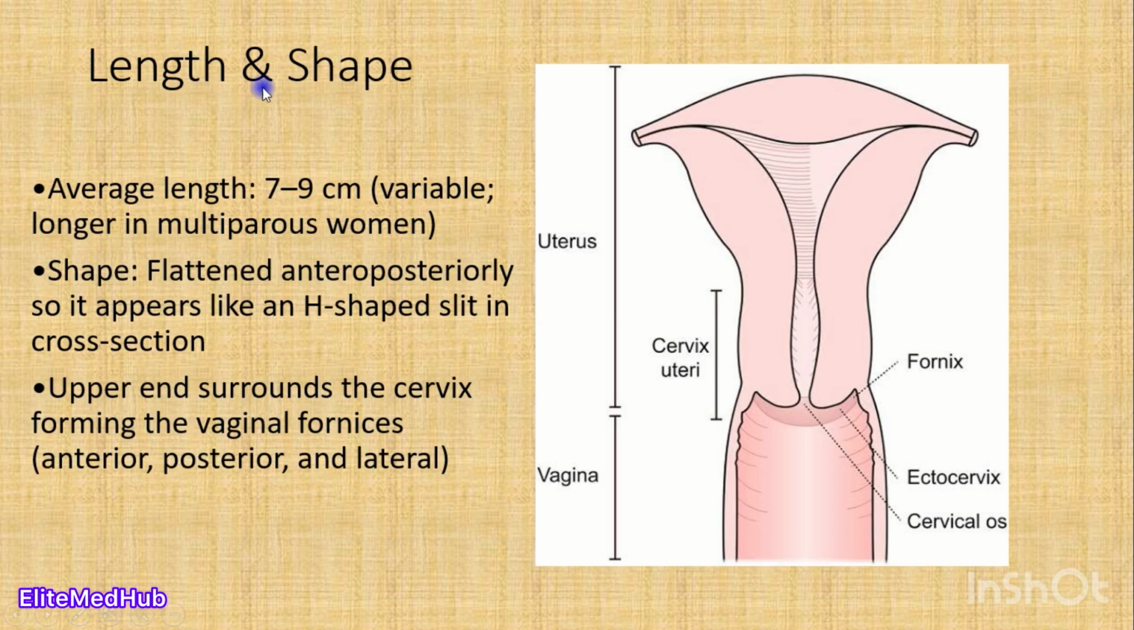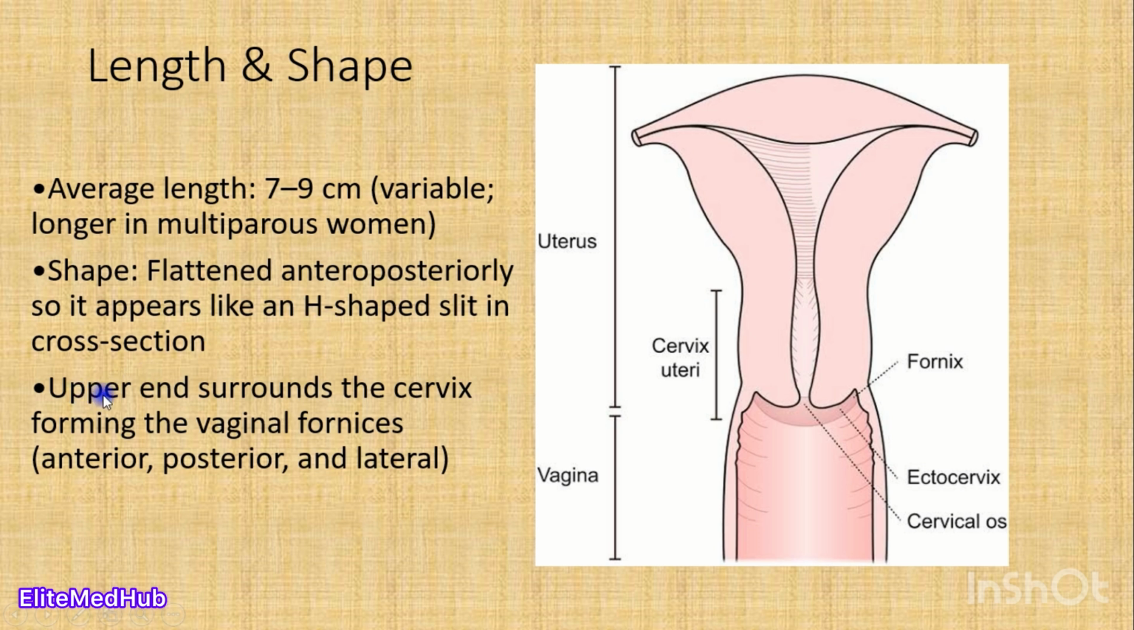So what's the length and shape of the vagina? The average length is from 7 to 9 centimeters and is variable. It's actually longer in multiparous women, that's women who have given birth multiple times. Its shape is flattened anteroposteriorly, so it appears like an H-shaped slit in cross section. That's if you go through the cross section of the vagina, you should expect to see an H-shaped